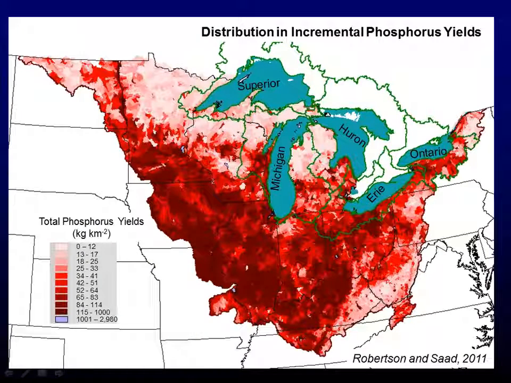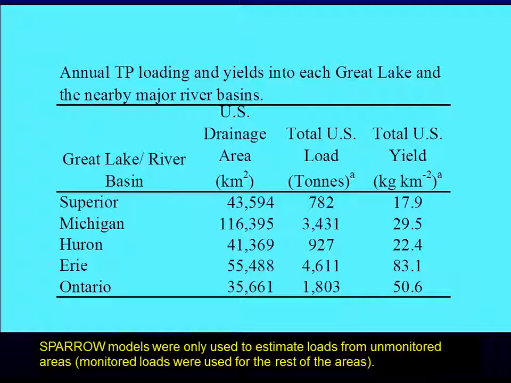Okay. So when we're done with that, what we have is a description of what's coming off the landscape. The dark reds, maroons are the really high areas. In fact, these purple areas are even higher yet. This is for phosphorus, and that's the city of Chicago coming off, putting in a very high load right there. We see the Corn Belt really well here, but we also have some high spots in Lake Erie, up on Lake Michigan, up around the Fox River, that'll compete with the Corn Belt very well.